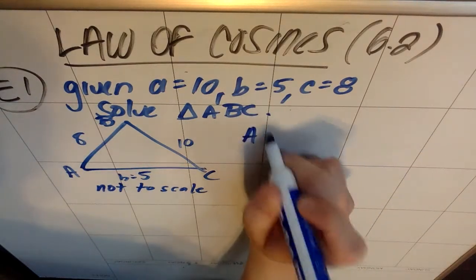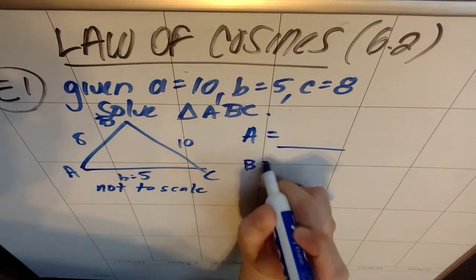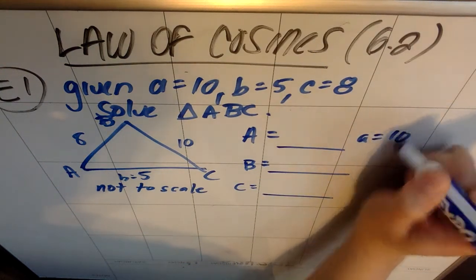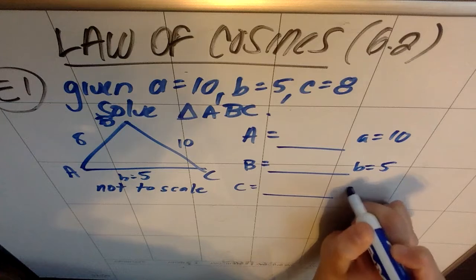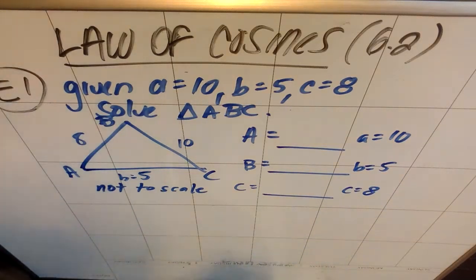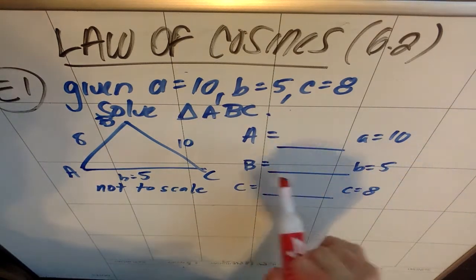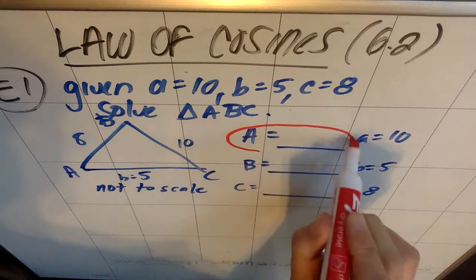Okay, so I don't know big A, I don't know big B, I don't know big C. I do know little a is 10, little b is 5, and little c is 8. So I need to find one of the angles, and then once I have one angle, I have some options. I'm going to go for the biggest angle. I know the biggest angle is going to be opposite the biggest side,